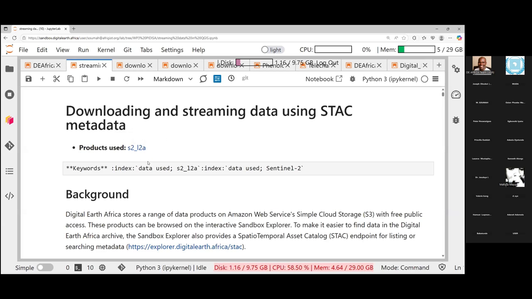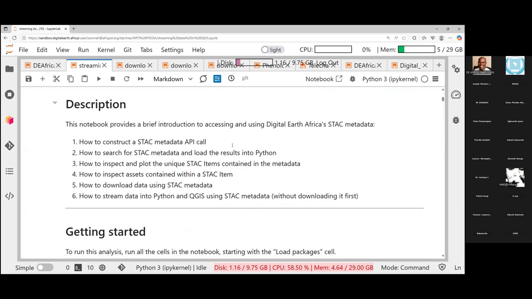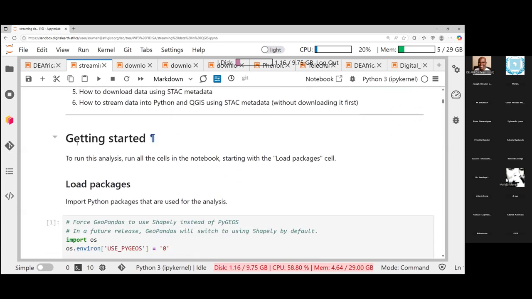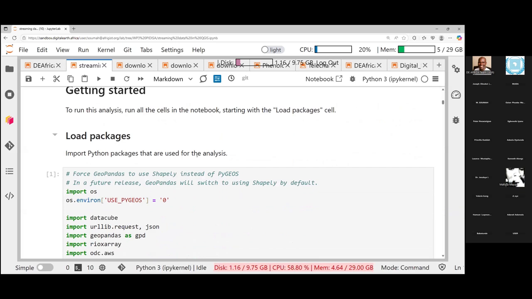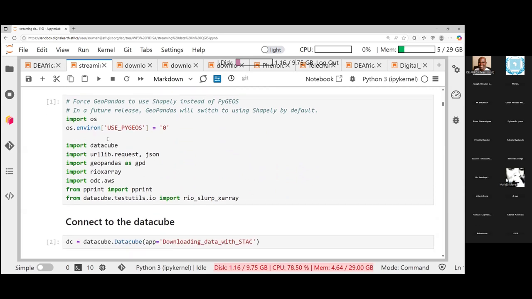The product we are using was the Sentinel-2, and these were the elements we consider for preparing the STAC. We are here at the getting started, and the first stage we said was to load the packages. For the script to run perfectly, there are some Python packages that need to be loaded, and we have defined